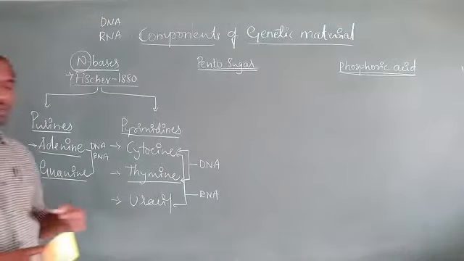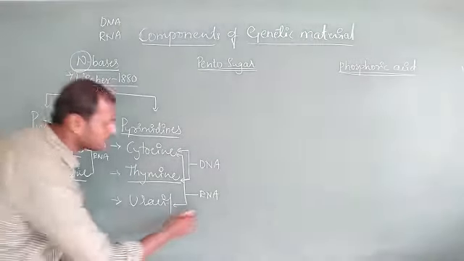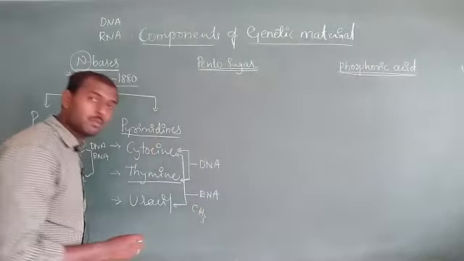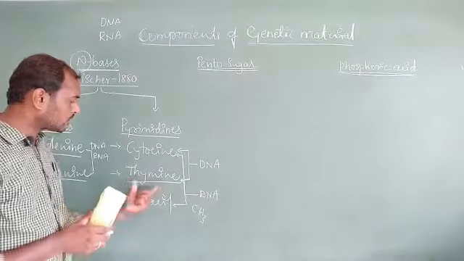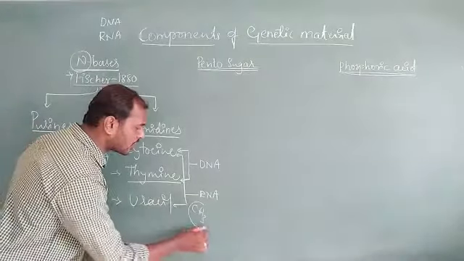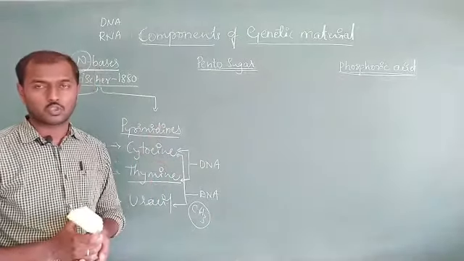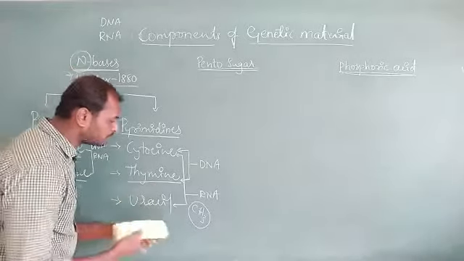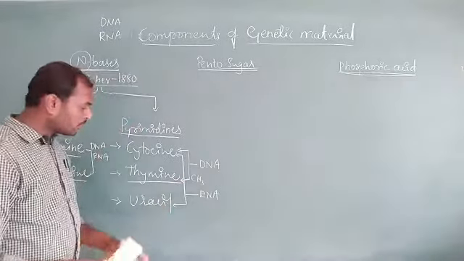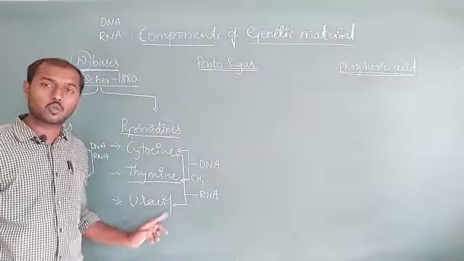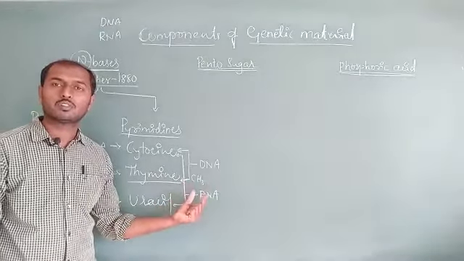Okay, so what change happened here? The only change what we can see is the CH3 group. Okay, so when you study this chapter in chemistry you can see it. So when you are going to look at the structure of thymine and uracil, there is a slight change in case of the attachment of CH3 to a certain position. Okay, so in case of thymine, there is a presence of CH3 group, but in case of the uracil, that CH3 group is absent. That's why uracil and thymine have a slight change, just a presence and absence of CH3 group.